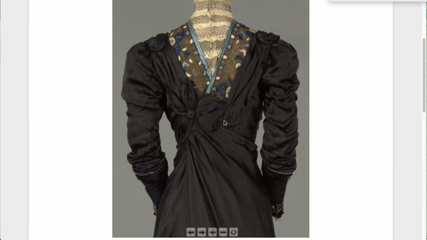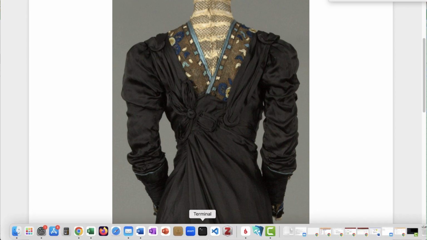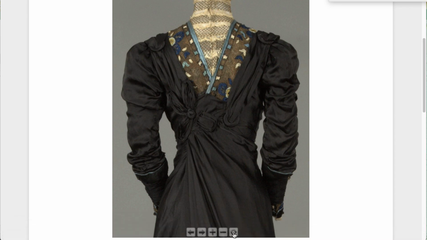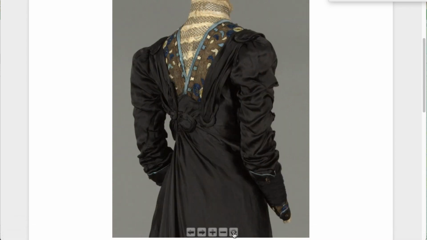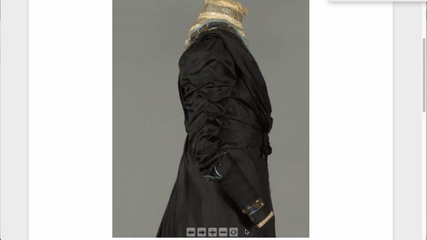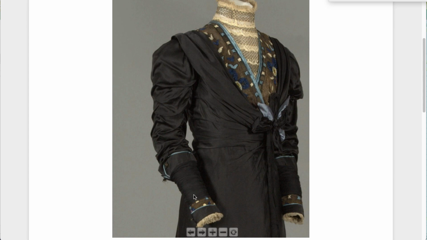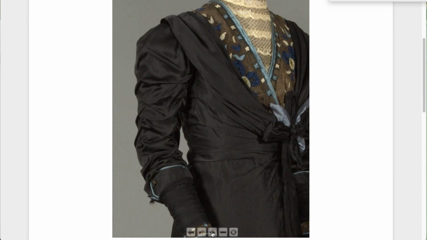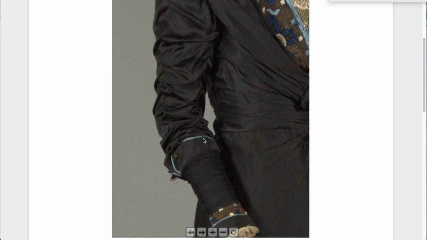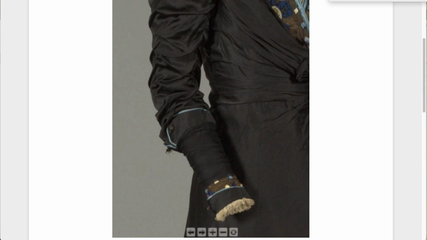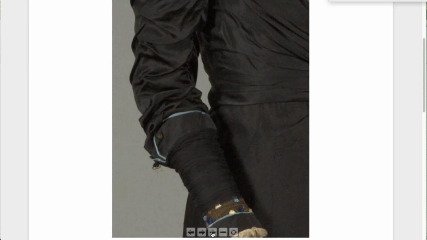And so for example here, once I zoom in on the bodice, then I can start it rotating again by clicking that rotating icon. And I can see the particular details, for example, of the sleeve even more clearly. At a certain point, it does kind of max out on the resolution, and some of these were done with higher resolution than others. But this is a really helpful way to see lots of different detail,